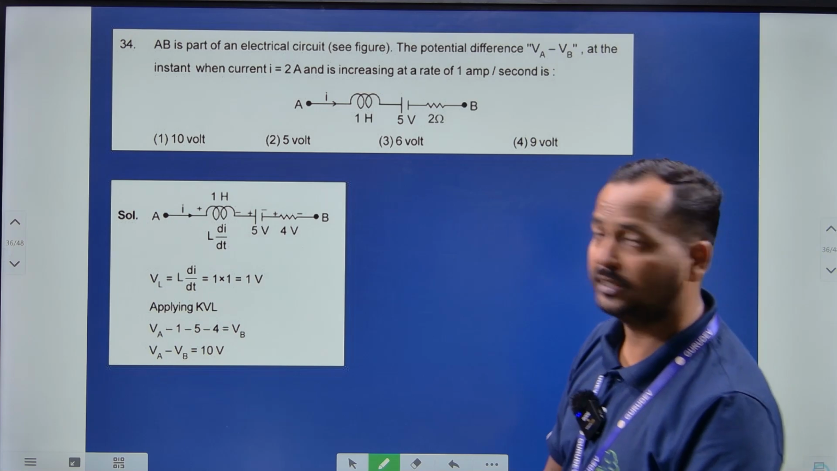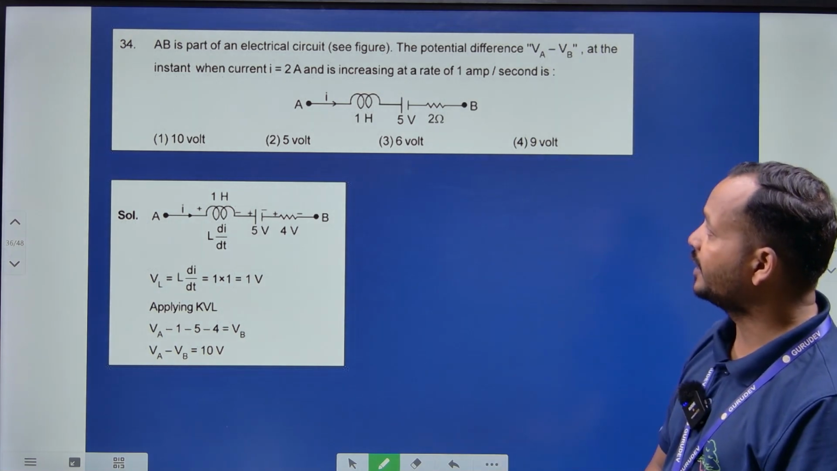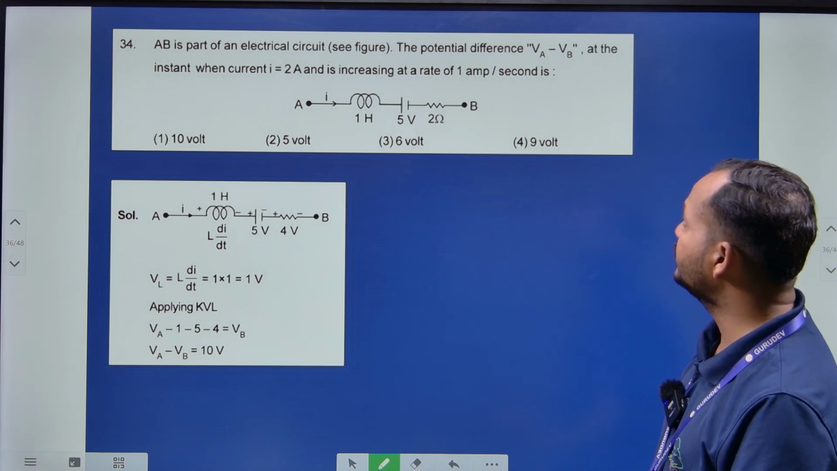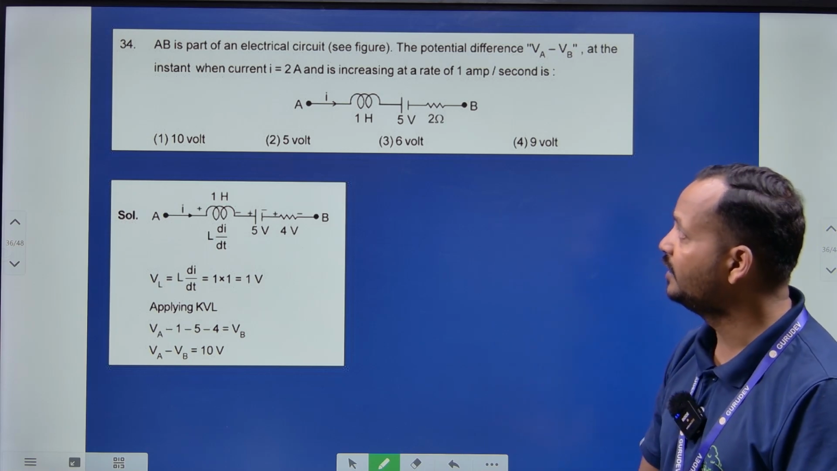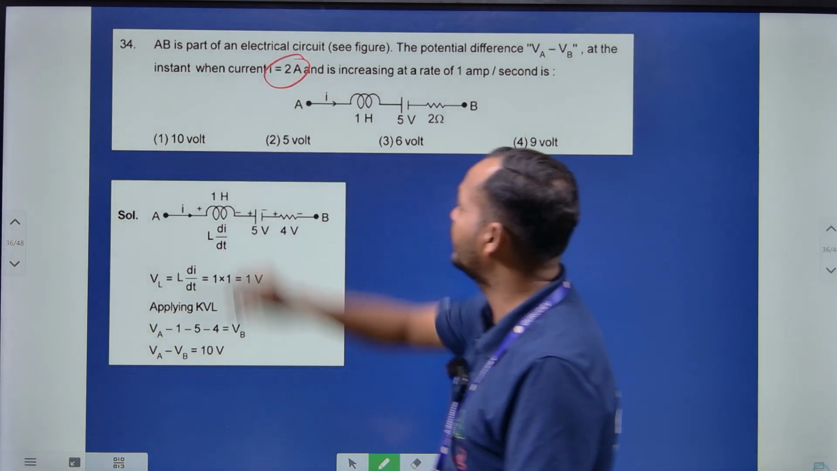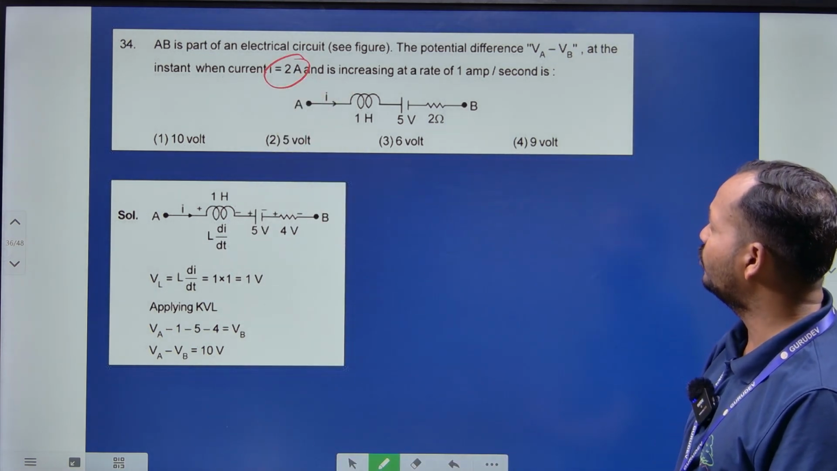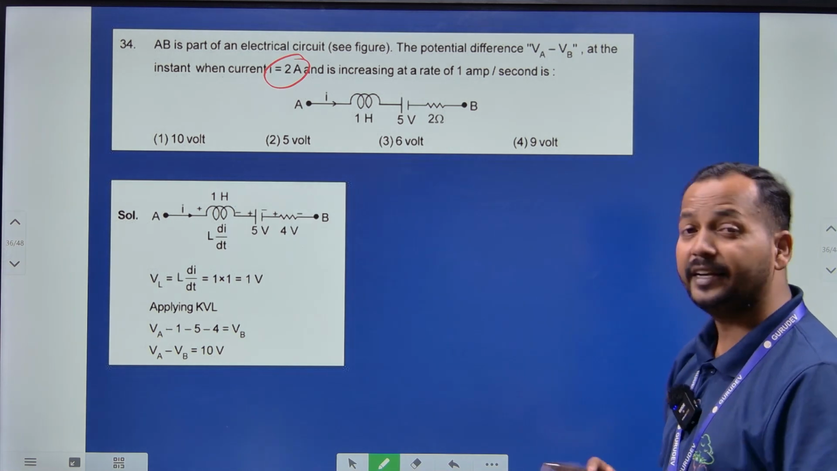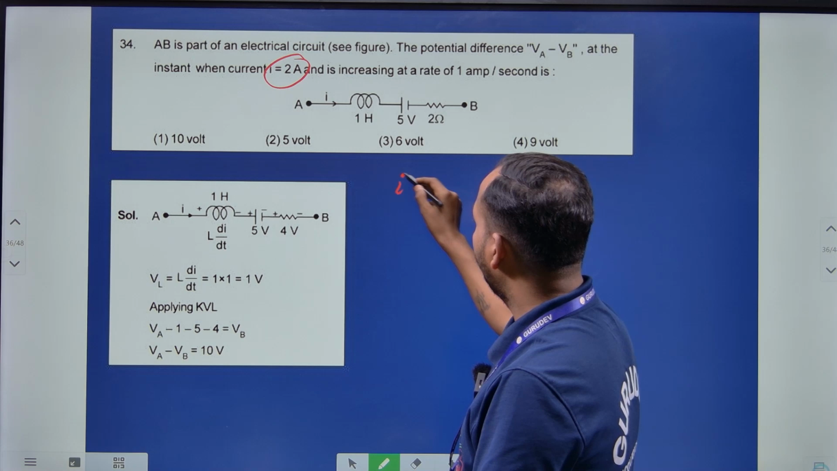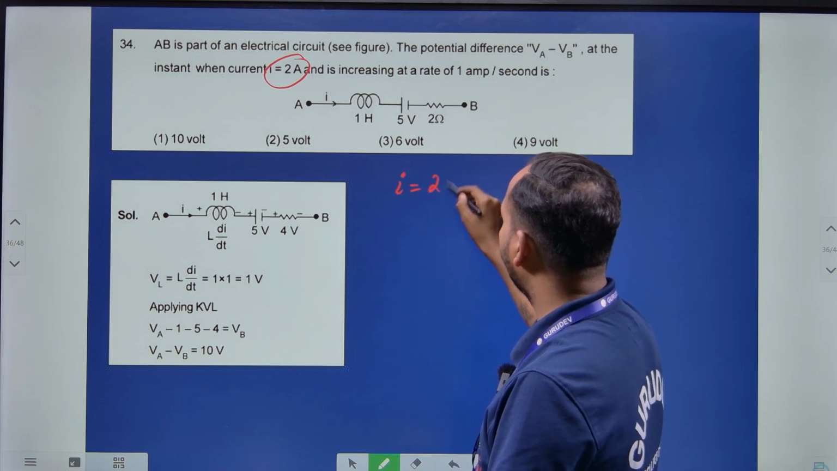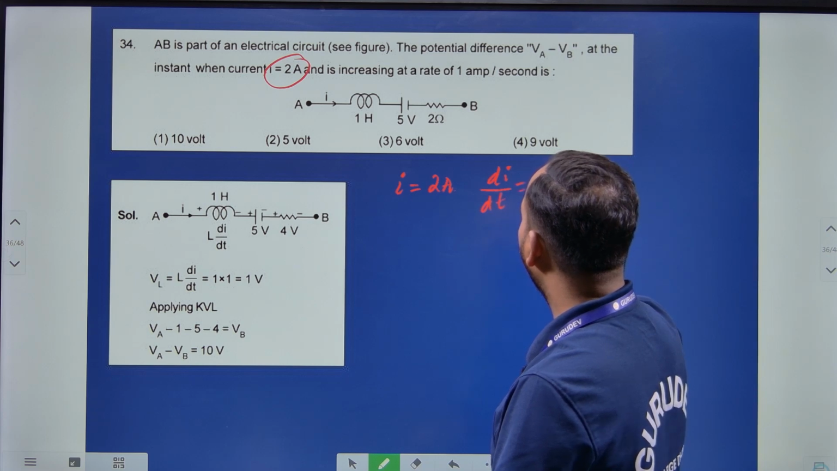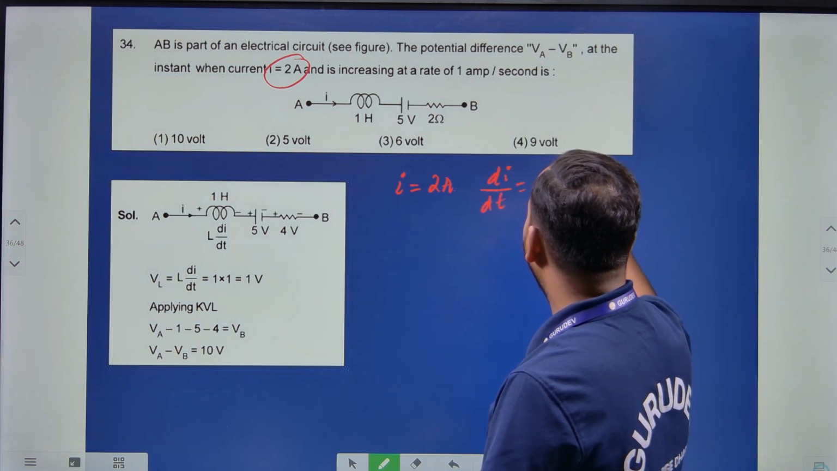देन 34th क्वेश्चन देखिए, AB is part of an electrical circuit. A and B are part of an electrical circuit, the potential difference VA minus VB at the instant when current is 2 ampere, और उन्होंने करंट दिया है यहाँ पे 2 एम्पियर करके, एंड इंक्रीजिंग एट द रेट ऑफ 1 एम्पियर पर सेकेंड, यानी कि di/dt भी दिया उन्होंने। तो यहाँ पे जो करंट है I इज इक्वल टू 2 एम्पियर है एंड di/dt जो है वो है 1 एम्पियर पर सेकेंड,